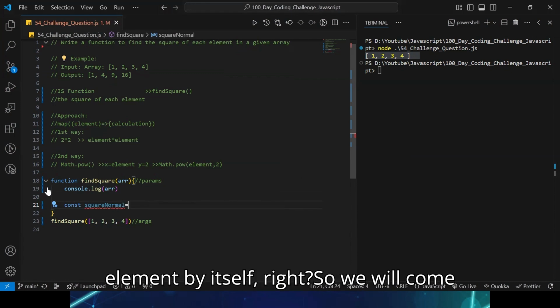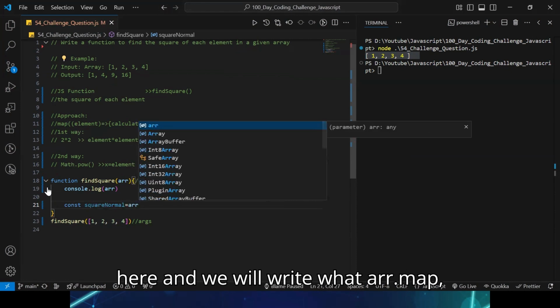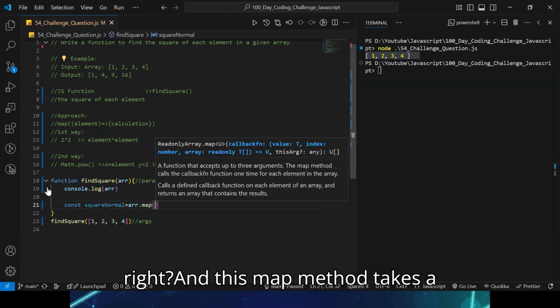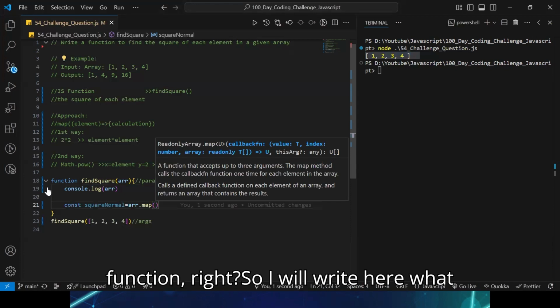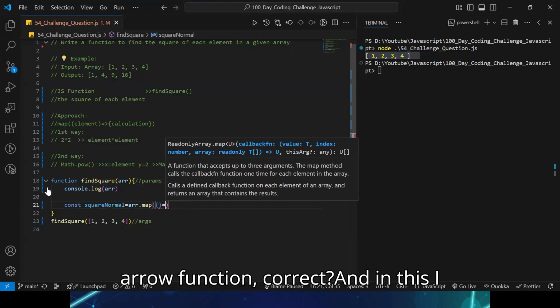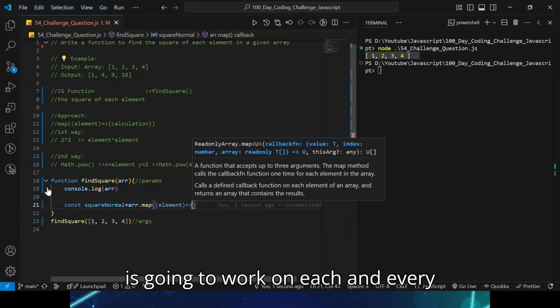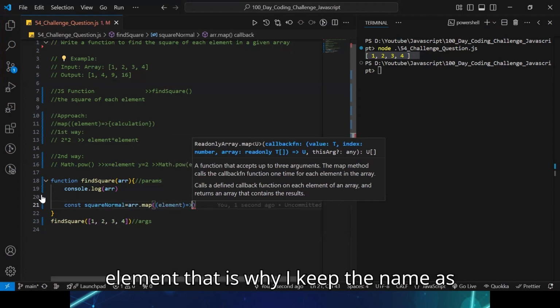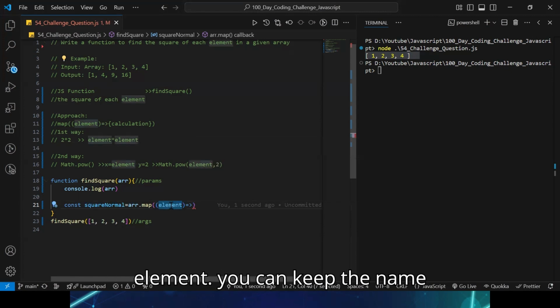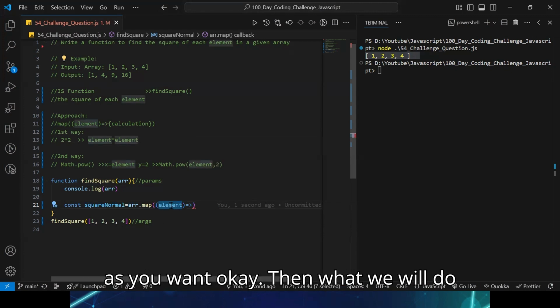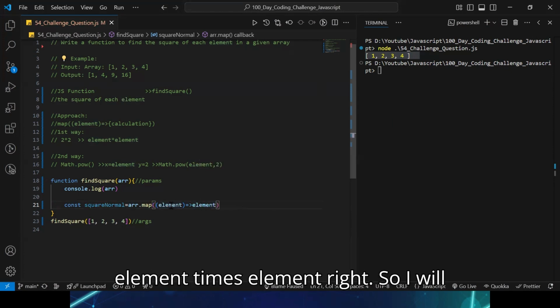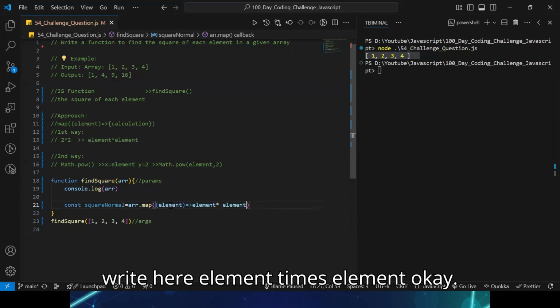So we will write arr.map, and this map method takes a function, so I will write an arrow function. In this I will pass our element, because it is going to work on each and every element. That is why I keep the name as element. You can keep the name as you want. Then we will write element times element.